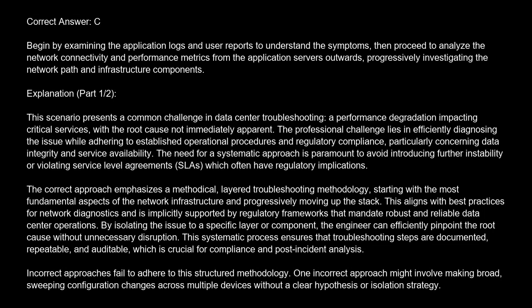The correct answer is C. Begin by examining the application logs and user reports to understand the symptoms. Then proceed to analyze the network connectivity and performance metrics from the application servers outwards, progressively investigating the network path and infrastructure components. Explanation. This scenario presents a common challenge in data center troubleshooting, a performance degradation impacting critical services,